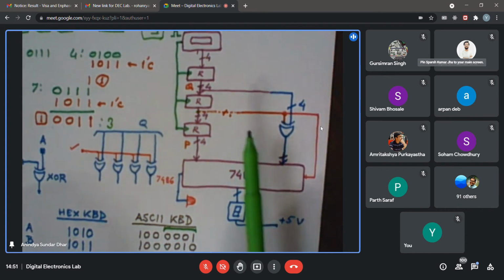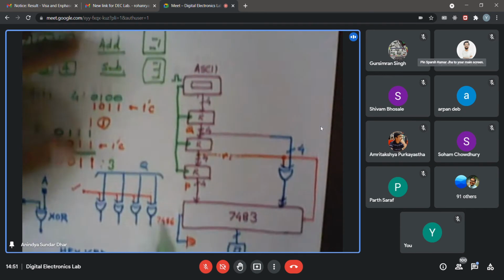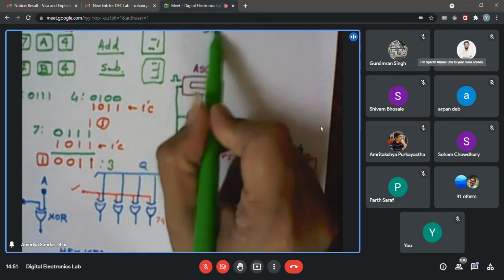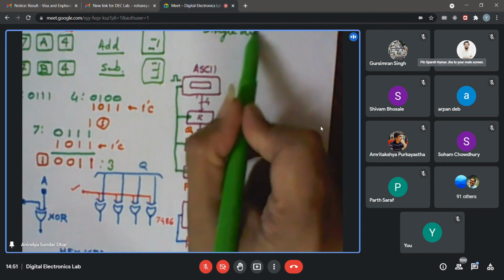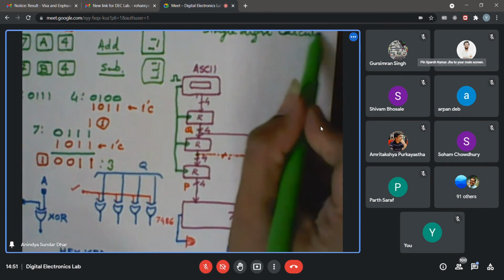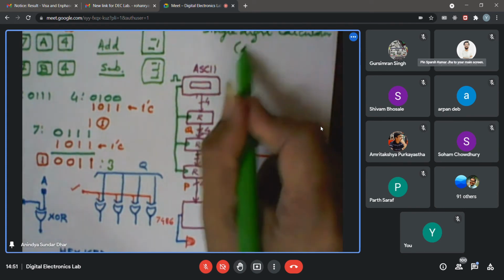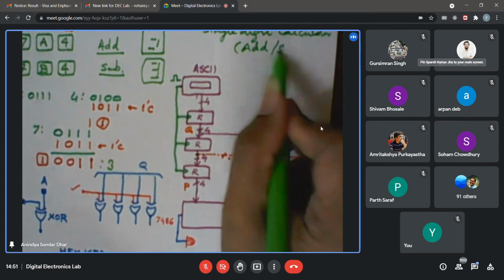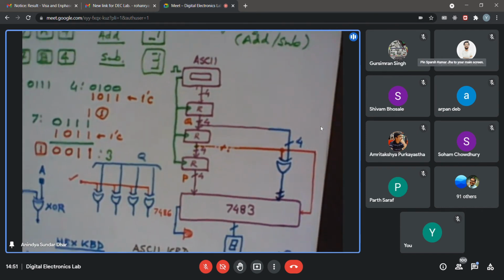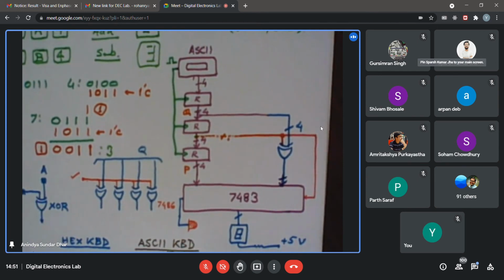That it will be, we may call it, a single digit calculator, as we fondly used to call it. But calculator means it is only capable of doing addition and subtraction and nothing else, at least for the time being. So this part you may submit by 5 o'clock. I will be sending the link immediately in the Google form. Is that part clear? Then I will proceed to the so-called challenge problem.